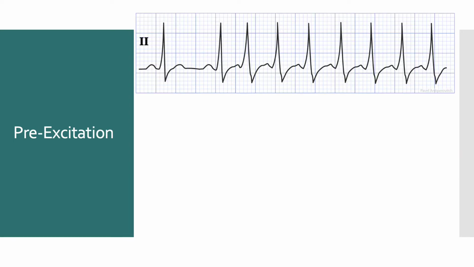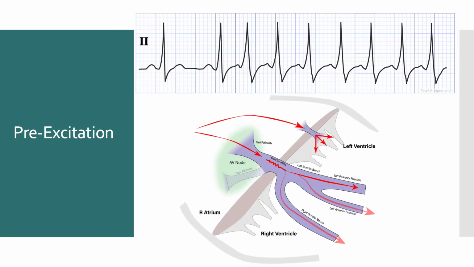Pre-excitation is also on a differential for a wide QRS tachycardia. Slurring of the QRS in pre-excitation happens because the accessory pathway often inserts into the myocardial muscle. And when conduction happens over the accessory pathway, it very slowly activates cell-to-cell the myocardium around the insertion. This takes place until the signals simultaneously go down the AV node, activate the His-Purkinje system, which activates the rest